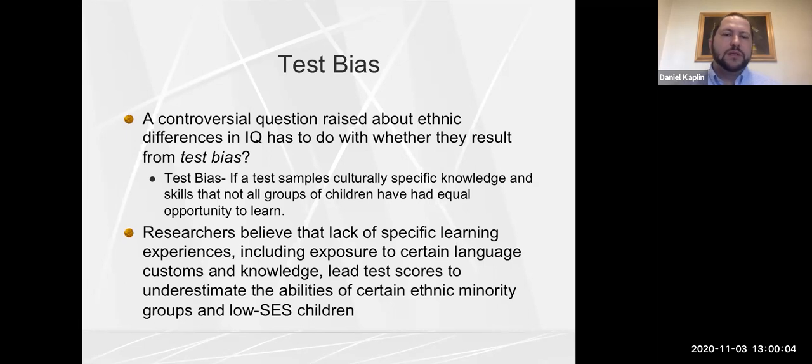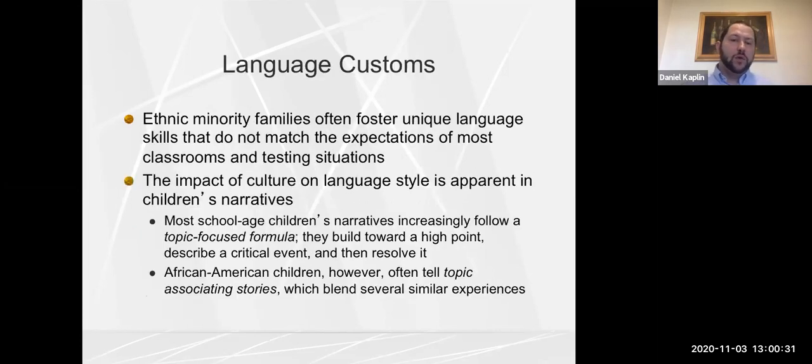All right. So we talk about test bias, and we find that traditional IQ tests predispose individuals who have middle to upper class socioeconomic status, ethnic majority cultures, people who have previous exposure to the language and verbal customs of the test, to perform better. And so this might be another reason why ethnic minorities perform poorer on IQ tests.